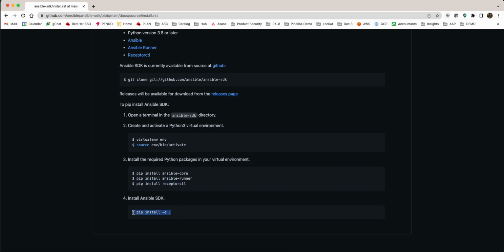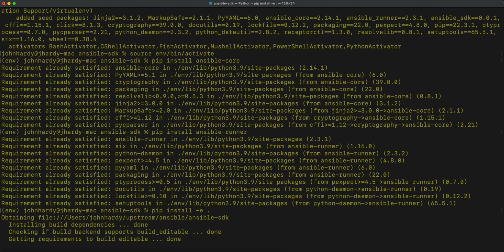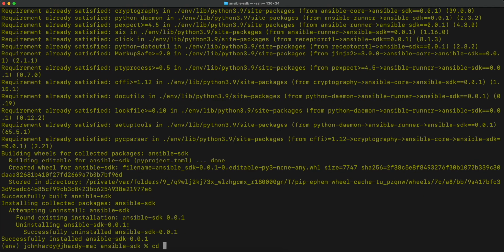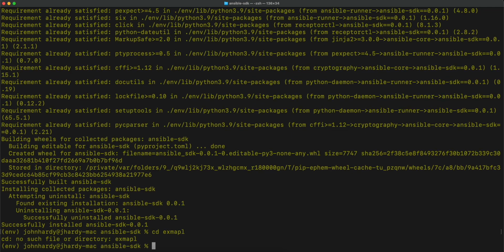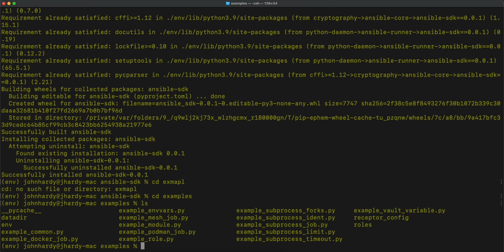Last thing is to pip install the repo itself. So let's go and do that. Boom. Okay, all there. Let's go and have a look at the examples folder. Been a long Christmas. Examples. There we go. Lots of examples here. You can see the mesh one, you can see the Podman one. We're going to do the